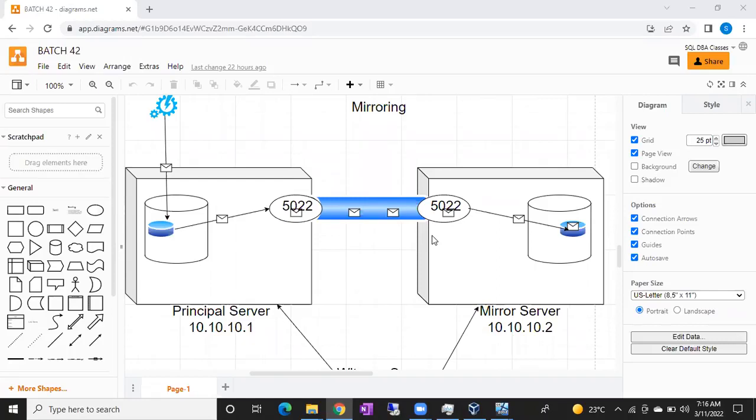How many types of replications or publications do we have? Four types. Snapshot publication or snapshot replication, transactional publication or transactional replication, merge publication, and peer-to-peer publication. Types of replication and types of publication are the same, guys. Technically there are only types of publication, but interviewers will ask how many types of replications, so they are asking types of publications as types of replications.